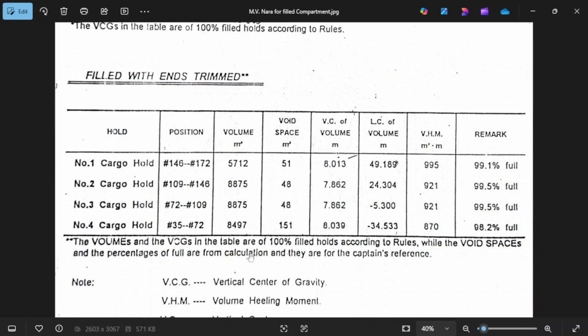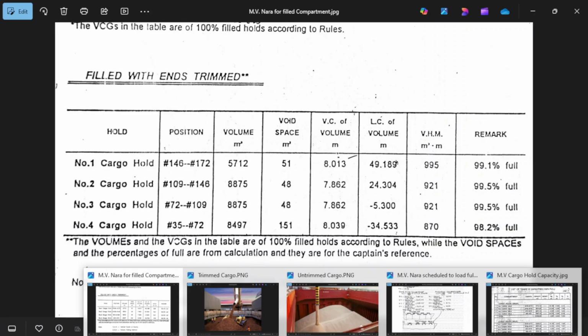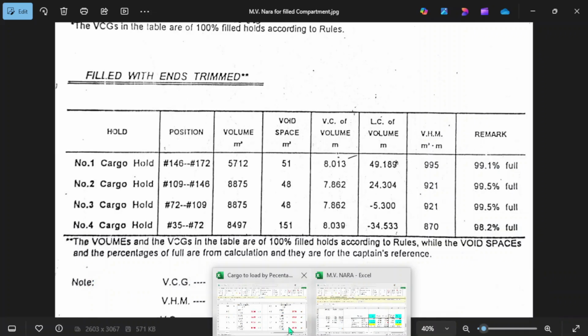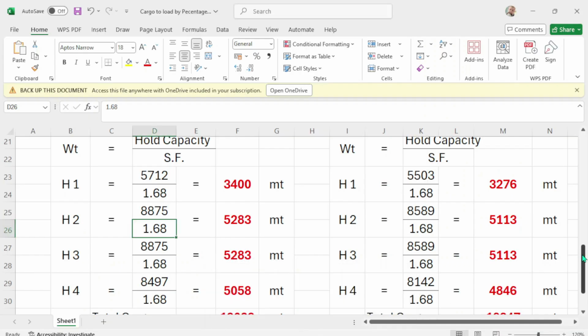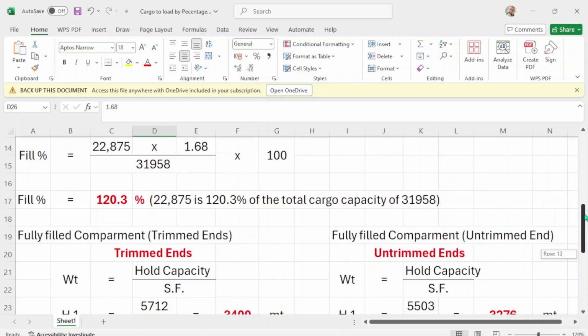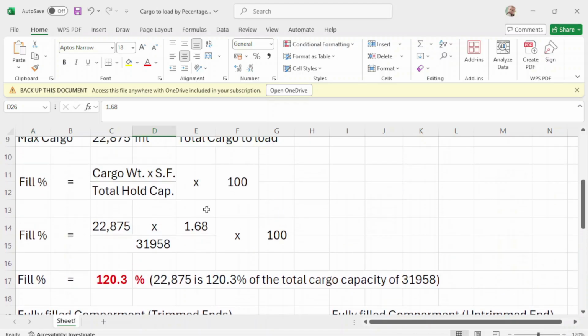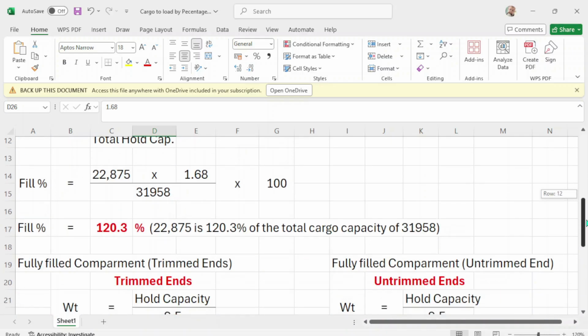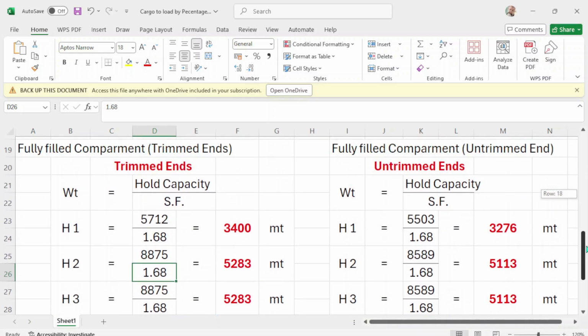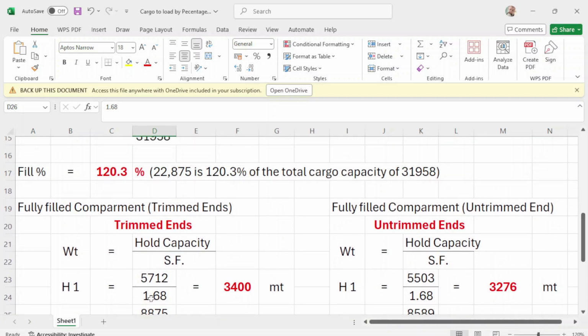The total doesn't say here, but the whole capacity, the total hold capacity, is 31958. Okay, so the formula to get the weight of a trim vessel is